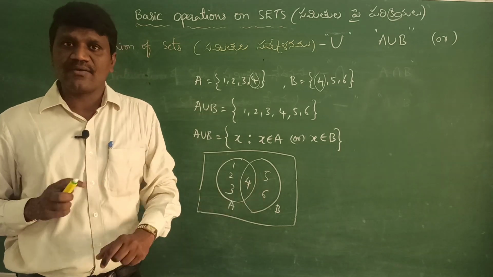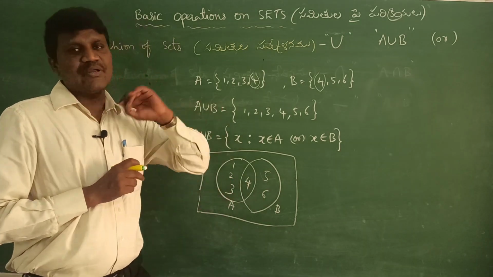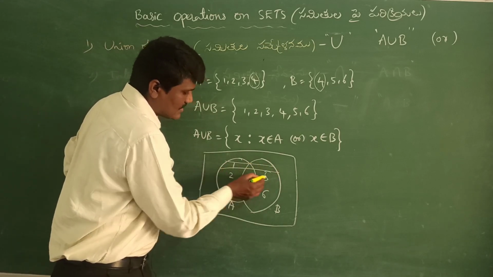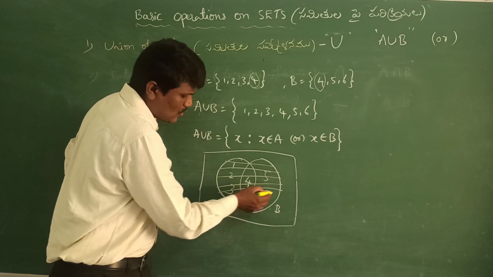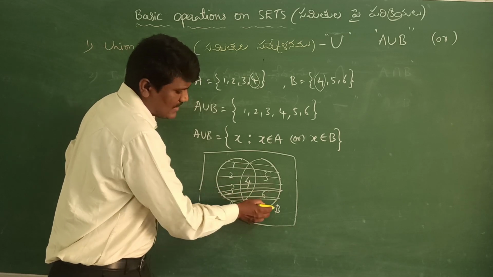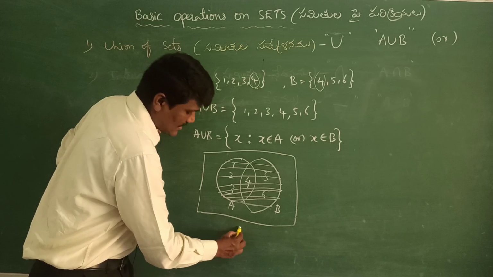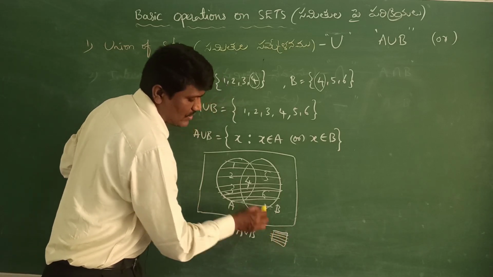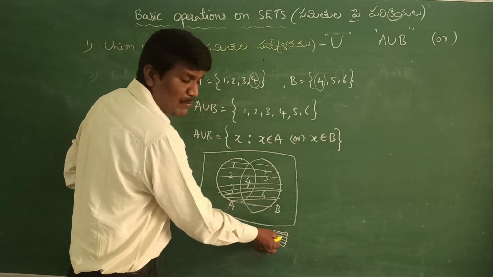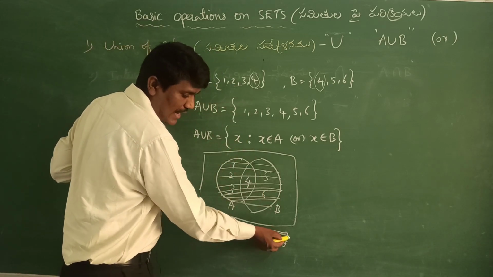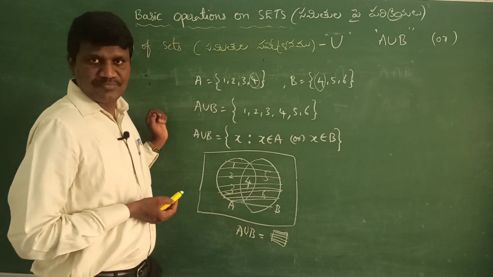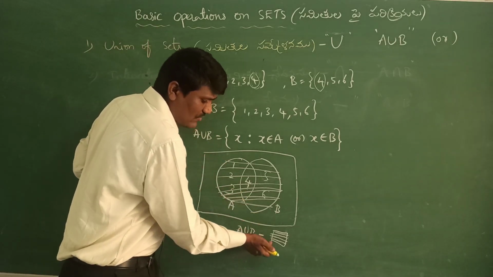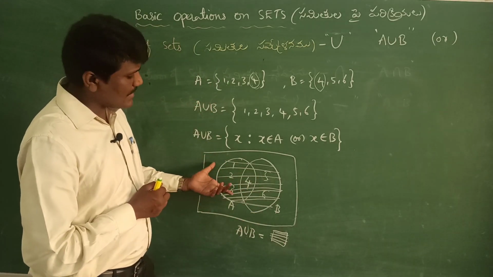I am not done with A union B yet. For A union B, what you need to do is combine this with lines. So this total shaded region, we'll call it A union B. In fact, this part is called A union B, and symbolically we'll write it like this. So these lines are showing A union B, because multiple diagrams will be written, that is why this is a representation of A union B.